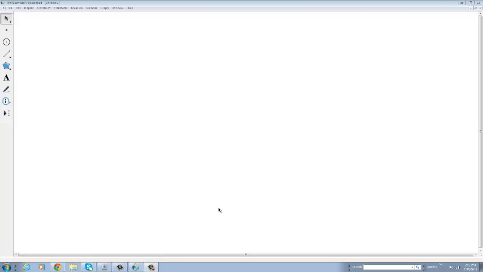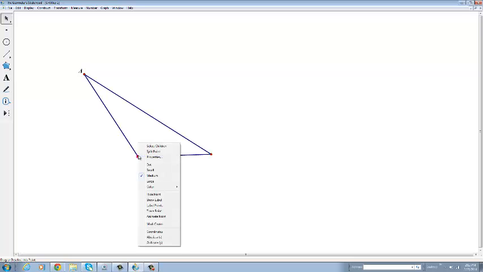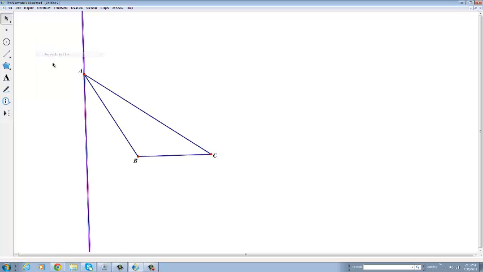We can make the altitudes of a triangle in Geometry Sketchpad as well. So if I make a triangle, label the vertices, I want to make a perpendicular from A to side BC. If I highlight A and segment BC and I construct the perpendicular line, you can see that that line will